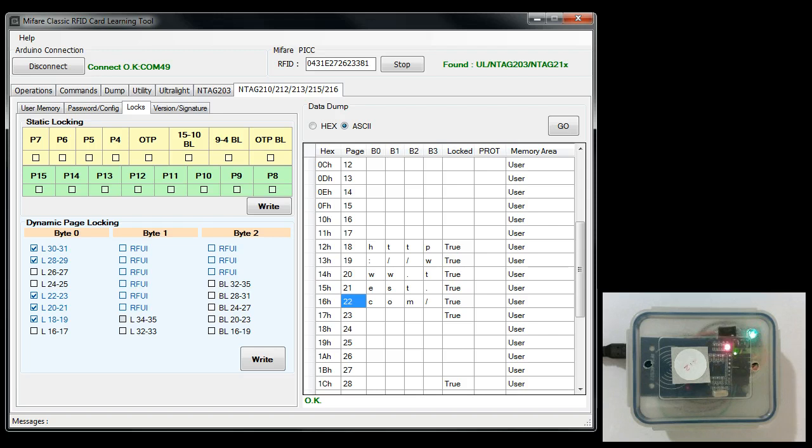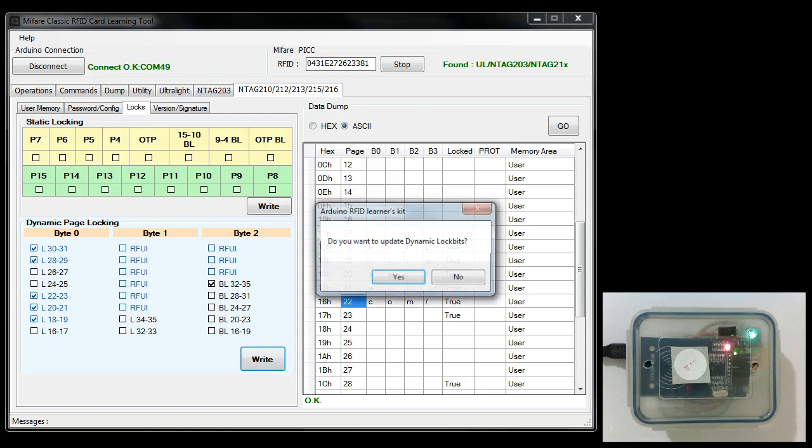Assume that I've decided to prevent user locking of page numbers 34 and 33. To do that, as you can see here, 32 to 35. If I lock this, when you lock this, these two bits also become read only, you can't modify them. So right,